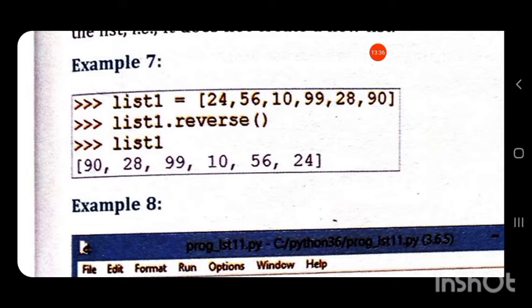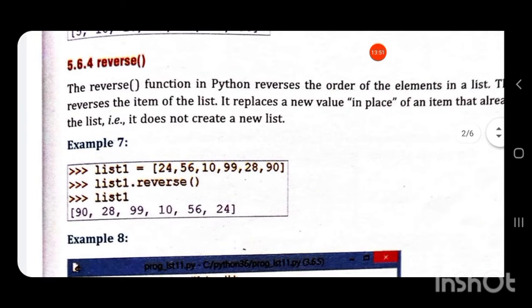That is, the reverse function will make changes in the same list itself. It will not create a new copy of the list. Even with the append function or extend function or insert function, we are making changes in the same list itself. A new copy of the list is not created. The change is done in the same list itself.